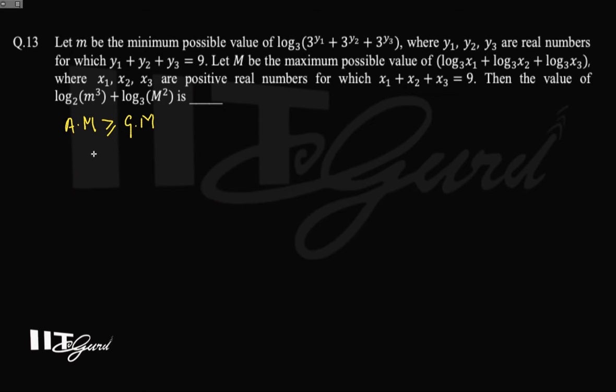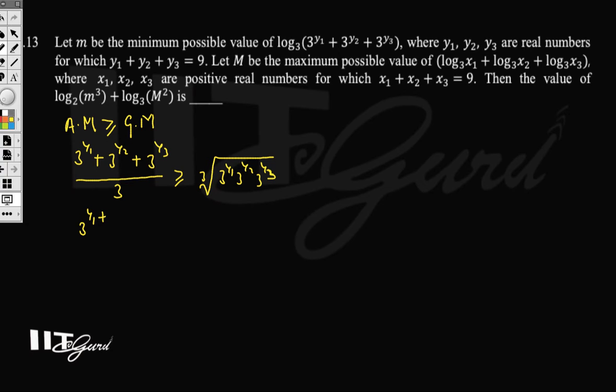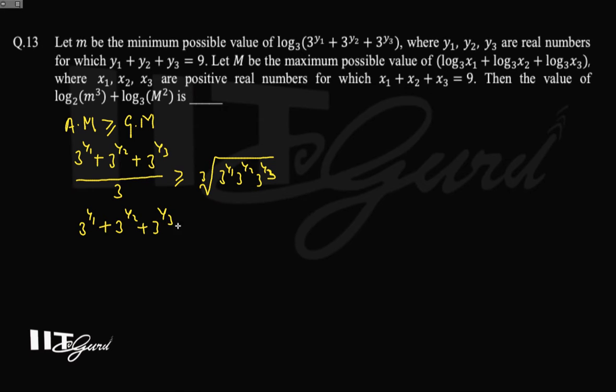So 3 to the power y1, 3 to the power y2, 3 to the power y3, these are all positive. So apply AM-GM: 3 to the power y1 plus 3 to the power y2 plus 3 to the power y3, upon 3 terms, is greater than or equal to the cube root of 3 to the power y1 into 3 to the power y2 into 3 to the power y3. So transposing, 3 to the power y1 plus 3 to the power y2 plus 3 to the power y3 is greater than or equal to 3 into